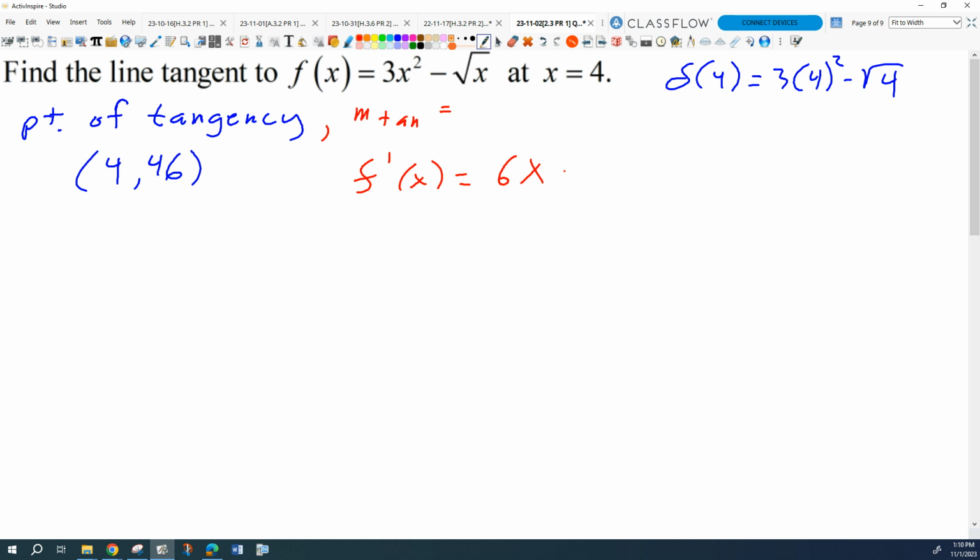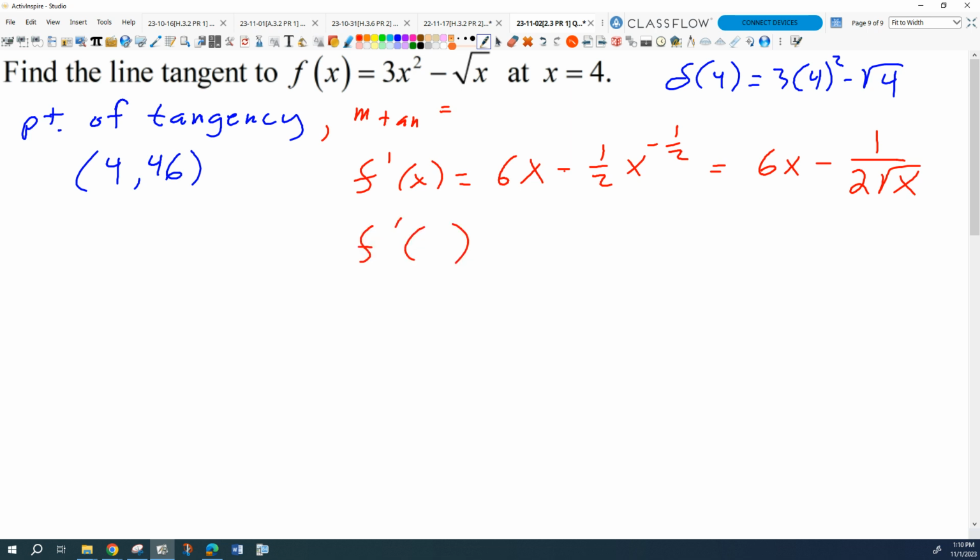I want to use power rule. Square root. Okay, good. So we're differentiating x to the 1/2. What is the derivative of x to the 1/2? Okay, and we could write that. Good. So and we had a minus sign there. So we're subtracting 1/2 x to the minus 1/2. So that's going to be the same thing as saying 6x minus 1/2 times square root of x, isn't it? Because x to the negative 1/2 is a square root on the bottom. Okay. So f prime